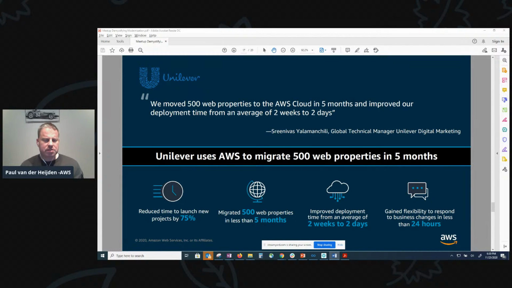Now, they had an aggressive growth strategy, and their company needed an infrastructure capable of supporting its specific digital marketing campaigns. At that time, those web properties ran on on-premise data centers scattered worldwide, and they used different technologies and processes. What they did was standardize the global hosting environment, and that led to the reduction of the lead time to launch a new website from 2 weeks to 2 days.